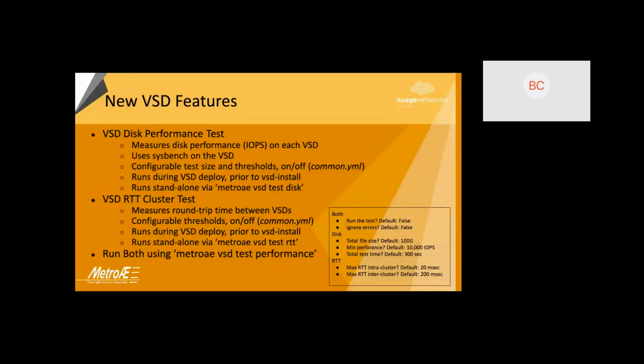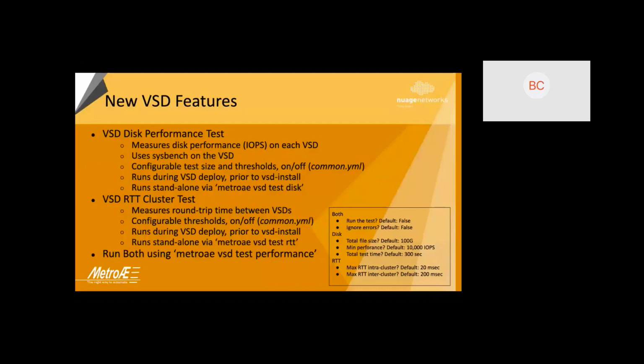There's one set that measures the round trip time within a cluster, and then another that runs between a primary cluster and a standby cluster in a geo-redundant deployment. We also have configurable thresholds and knobs to turn things on and off. It runs at just about the same time as the other one, just before the VSD install step,